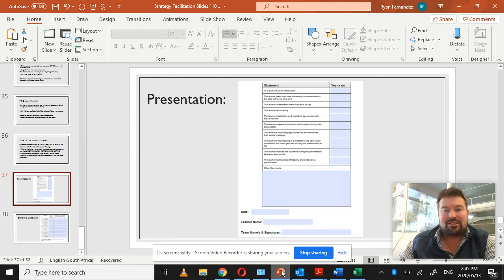So a couple of things just to be aware of. Firstly, because you guys are not able to be in front of me to do presentations, I required you to upload some kind of presentation onto the WhatsApp group. If you aren't confident in terms of doing that, please make sure that one of the presentations that you have done, you do it in front of a colleague. Then you're going to go to the presentation form that is in your portfolio of evidence. It's right at the beginning of all of your notes.